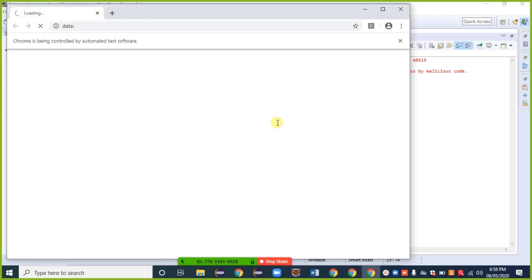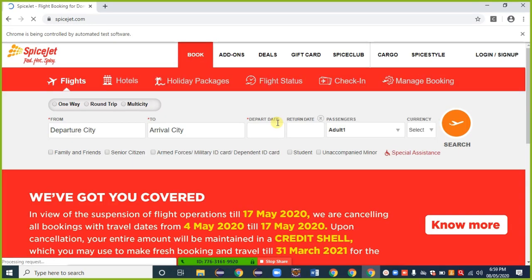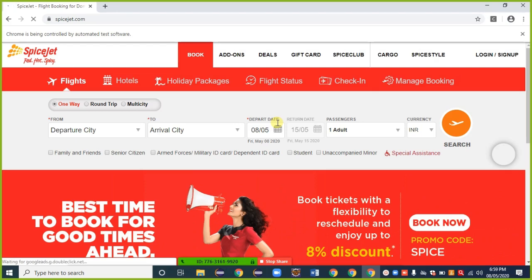Browser launch. Maximize. Opening URL SpiceJet. The departure city we have given as Aurangabad, and the arrival city as Hyderabad.